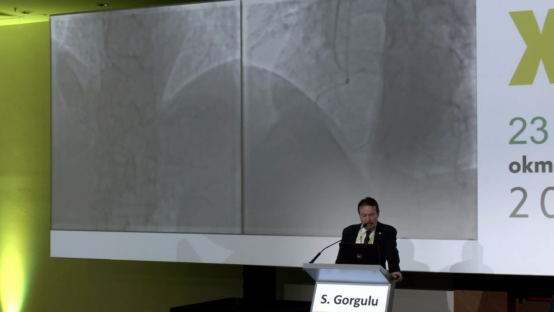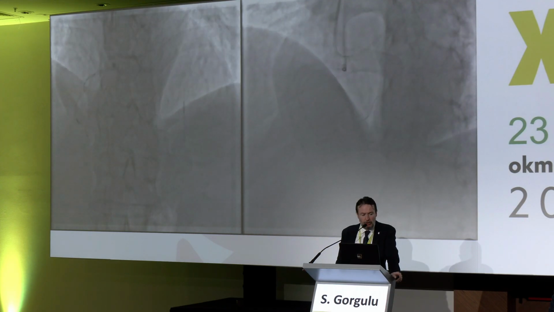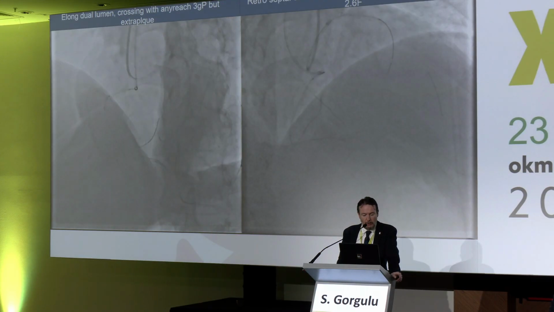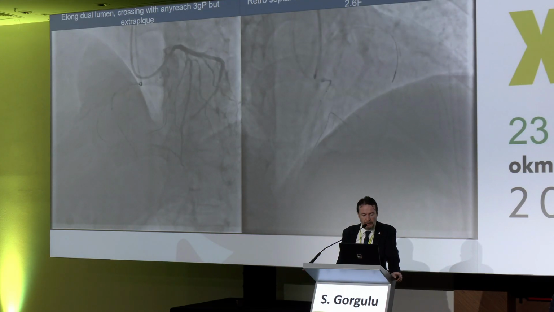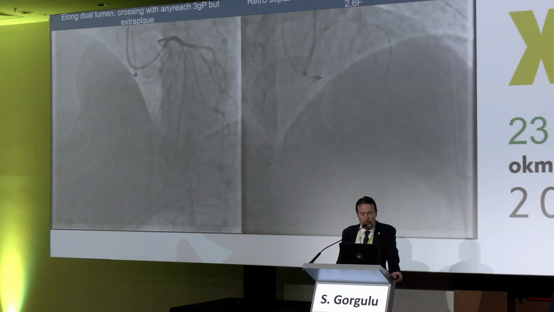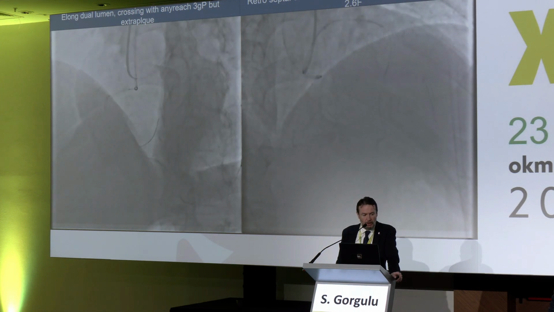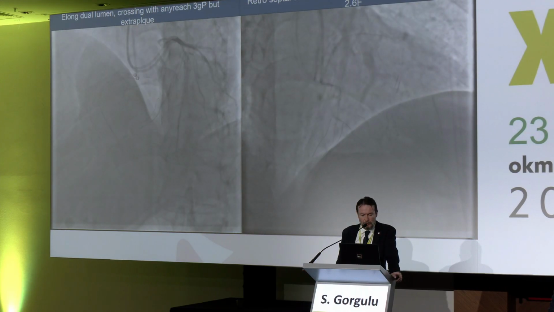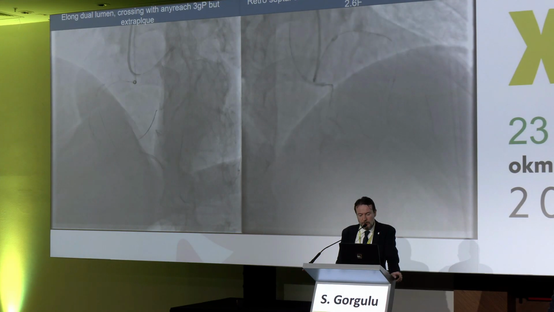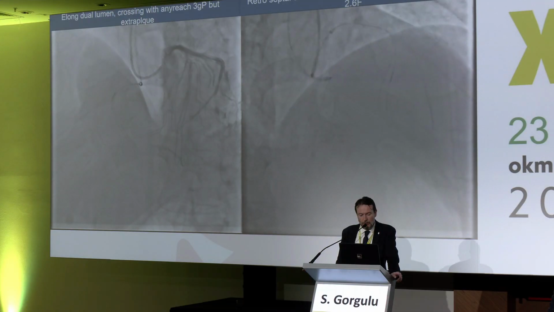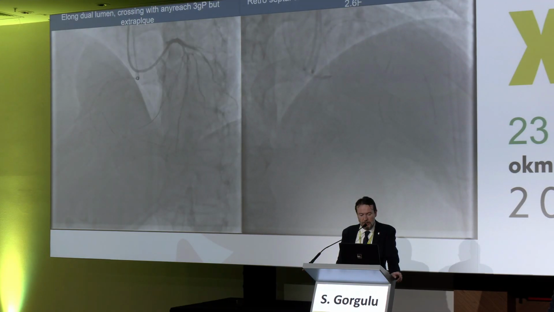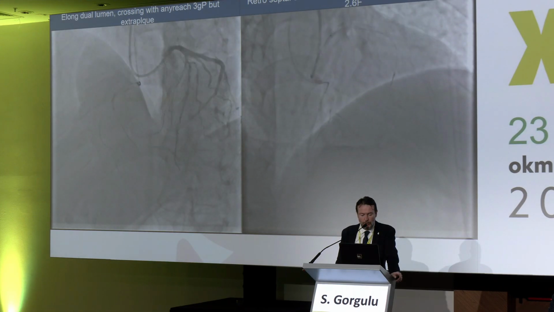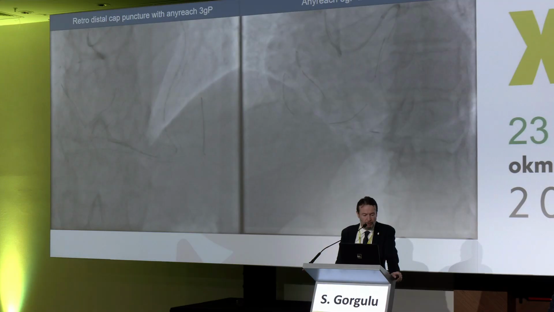Then what we have done: dual lumen in and try to puncture towards the PD. And here is what's going to happen. We are in the subintimal space with an enlarging hematoma. The only option here is going retro. This was an N-reach 0.3 gram C, and this was a beautiful performance with this wire here. Here we managed to fall into the retrograde,